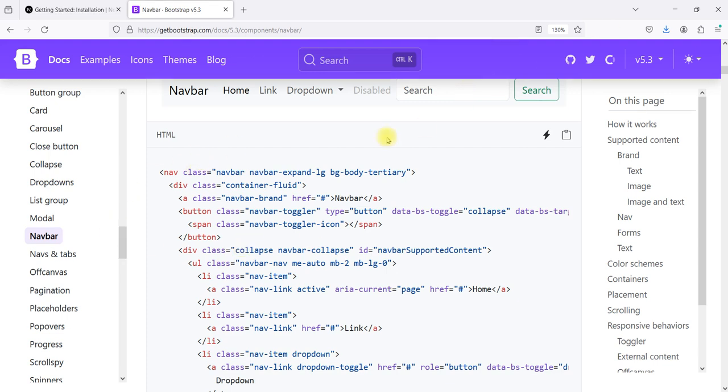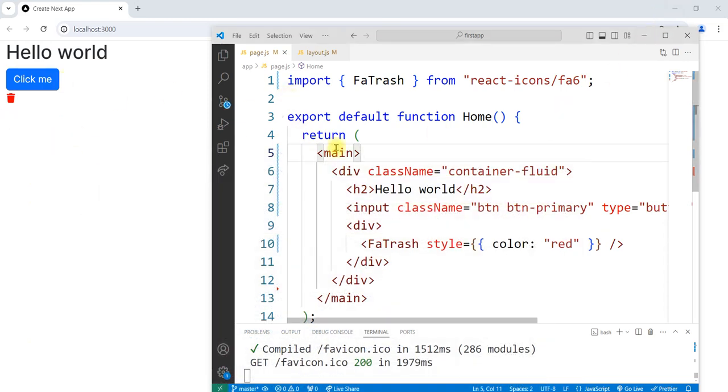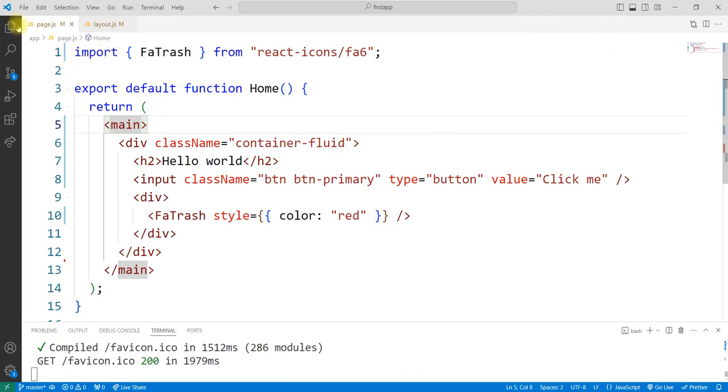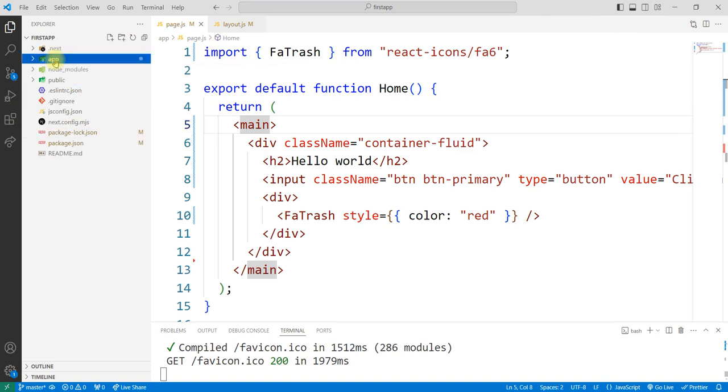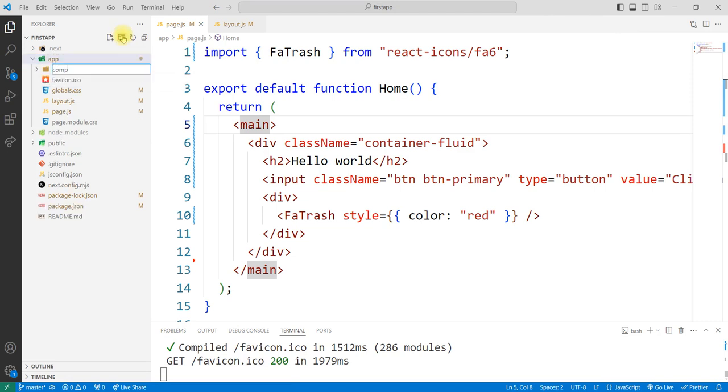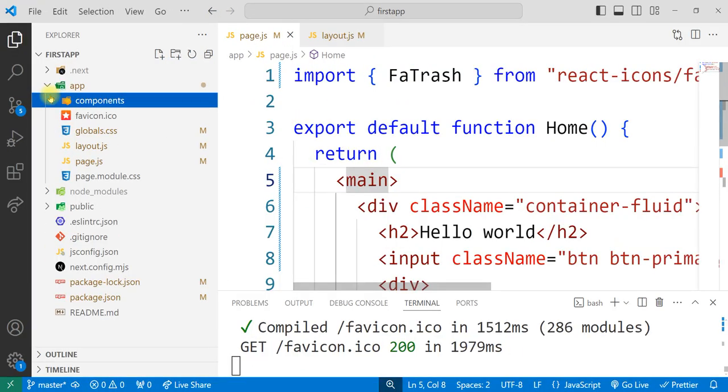So when you copy this, come into your code, and then in the app folder, you click on the app folder. Let's create a new folder called components. We are creating a new folder called components. Okay,